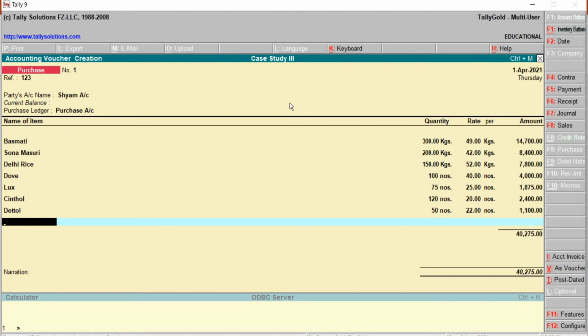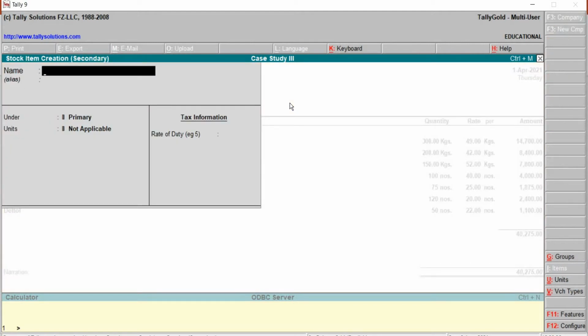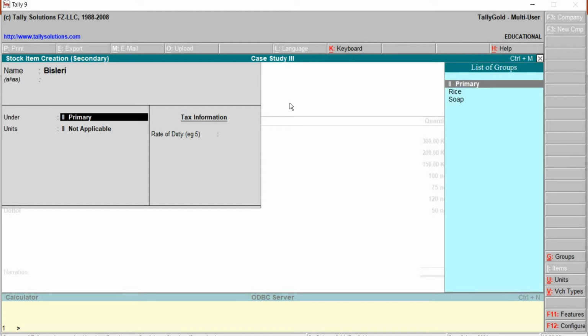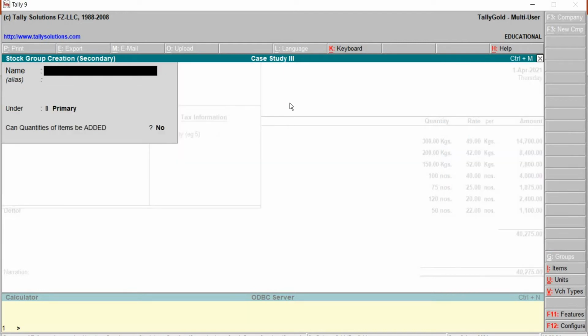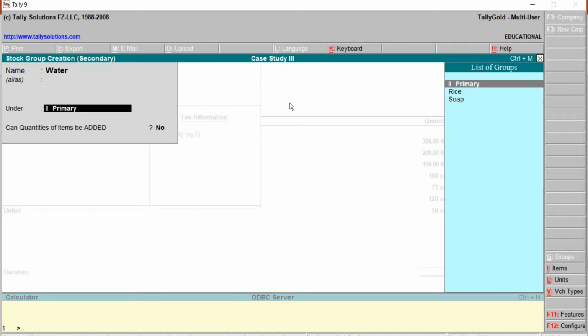Next one is of group water. Alt C to create. Bisleri. Alt C to create. Ctrl A, save and quit back.